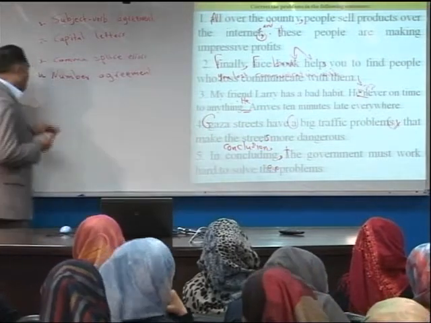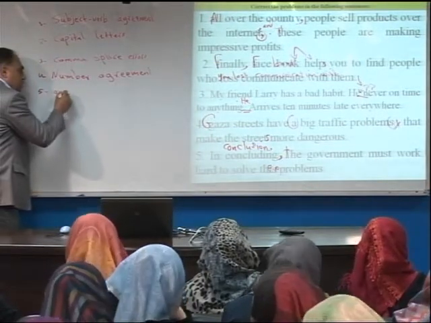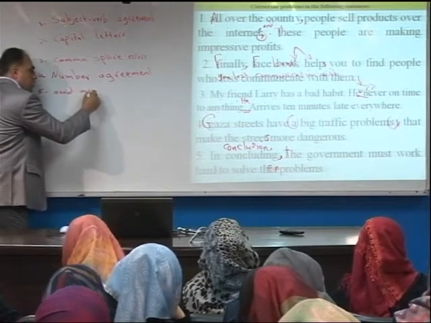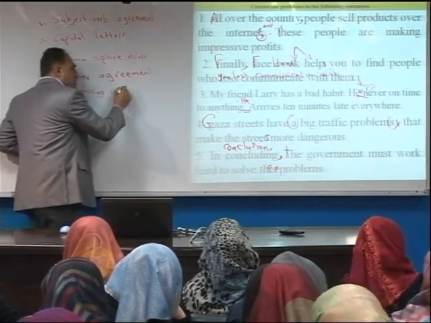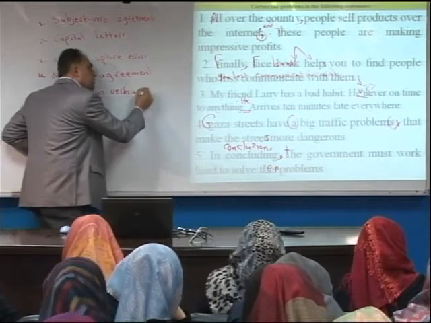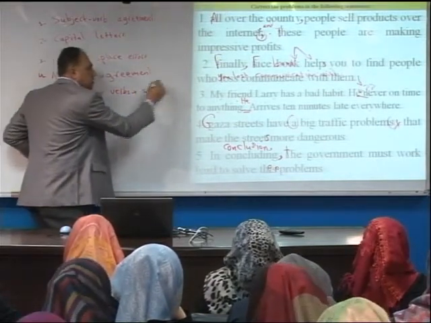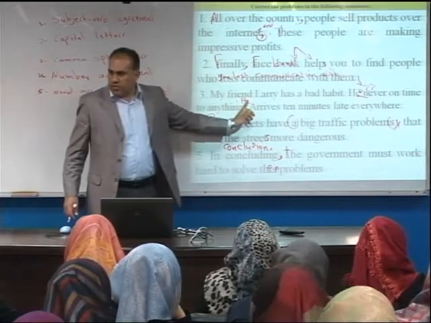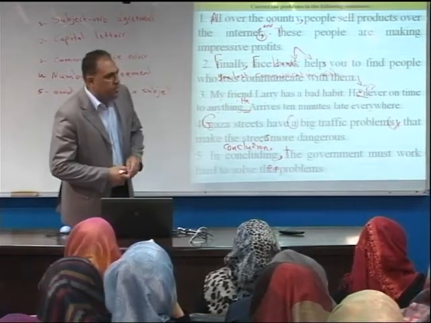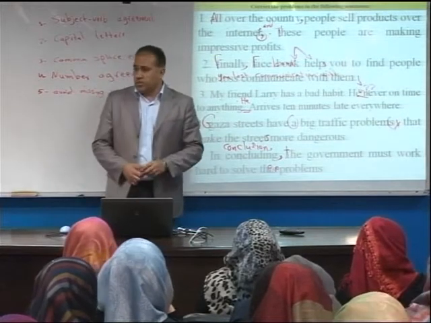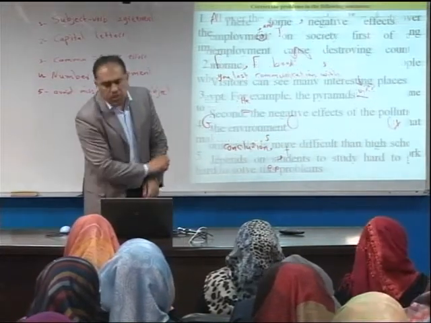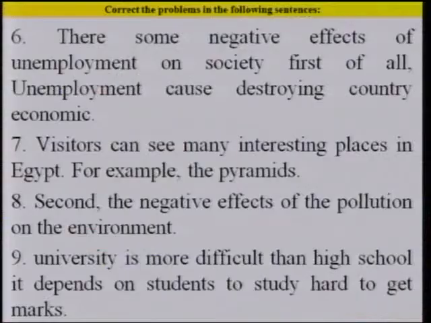So we can add here number 5, avoid missing verbs and or subjects. Okay, this is concerning example number 4. Make sure that every sentence has a clear subject and a clear verb. Let's continue with the remaining sentences, and again the idea here is to identify the problems that you actually see here in these examples of your writings.